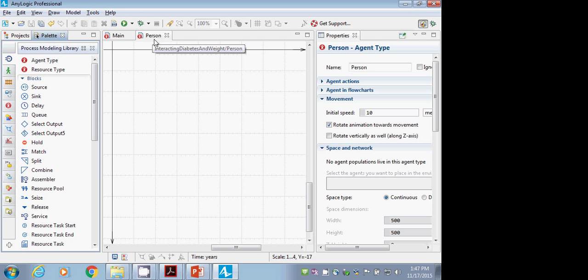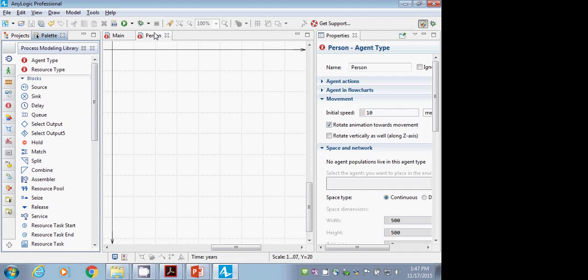One is main, one is person. When we add things, you'll want to consciously check, if at all possible, to which of these you're adding it, and be very clear about to what you're adding it. Because if you add it to the wrong one, you're going to get effects that are very different from what you hope for. Okay? So notice I double-click on person to get person up here, because I'm going to add